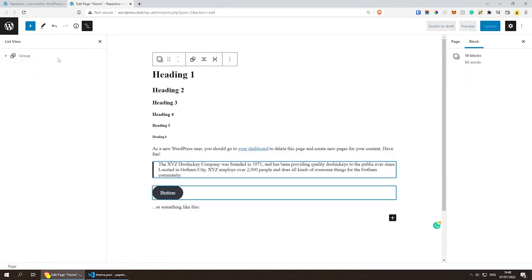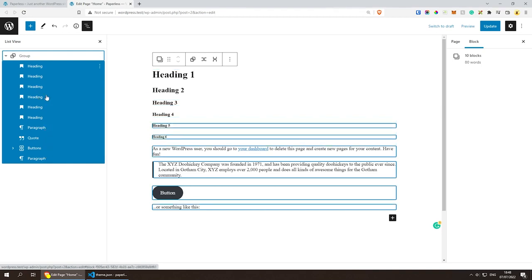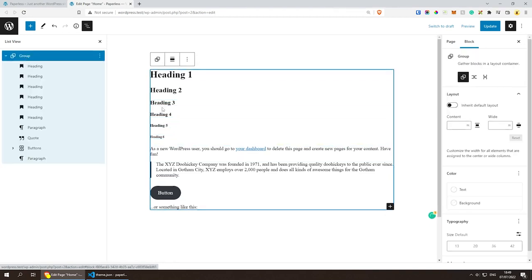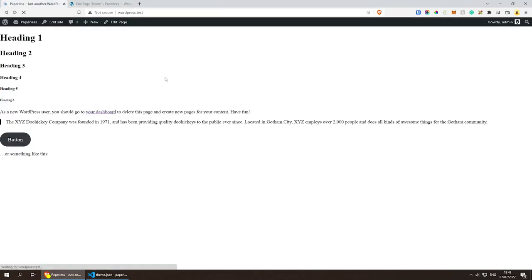Here we go. You just have to wait a couple of seconds sometimes and it works. So now that we have everything inside the group, if I click on the actual group, you will see this icon here. And with this icon, we can change the max width and the wide width, and we can also have a full width. Now, this is going to be a little bit confusing, but let me update, go back,